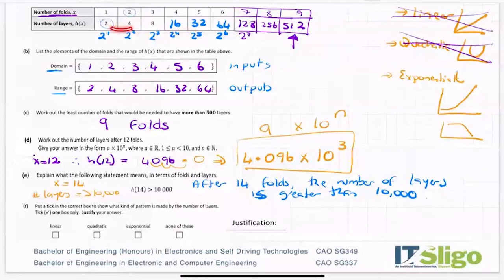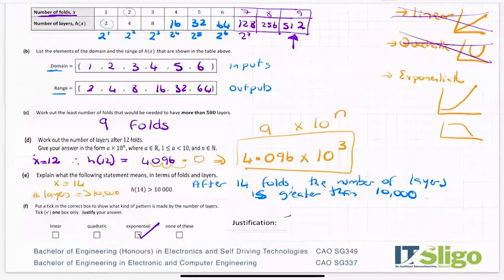So you see 2 to 4, not that great of a jump. 4 to 8 is okay. 16, then we start to get very high. Now I have 64, all of a sudden I have 128. Then I'm in the 200s, then I'm in the 500s, then I'm into the thousands, then I'm into the 2000s. So that graph is most definitely an exponential growth,